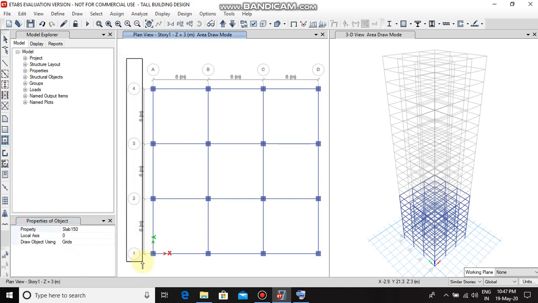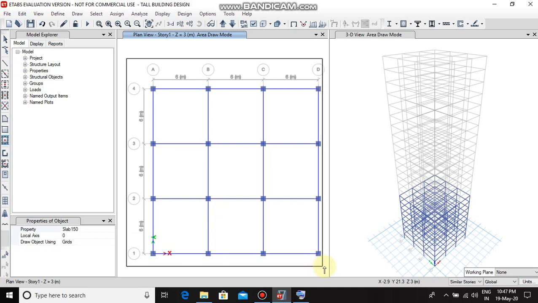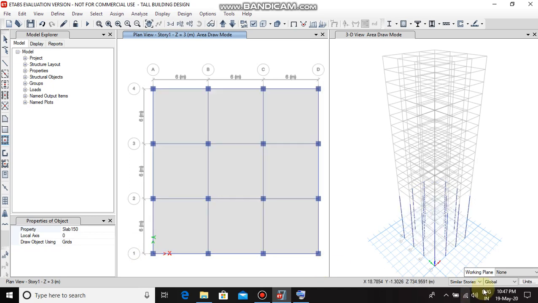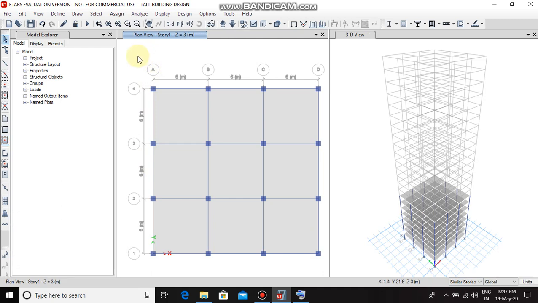Then select the whole area, keeping it as similar stories. Now click Escape to bring back the normal pointer.